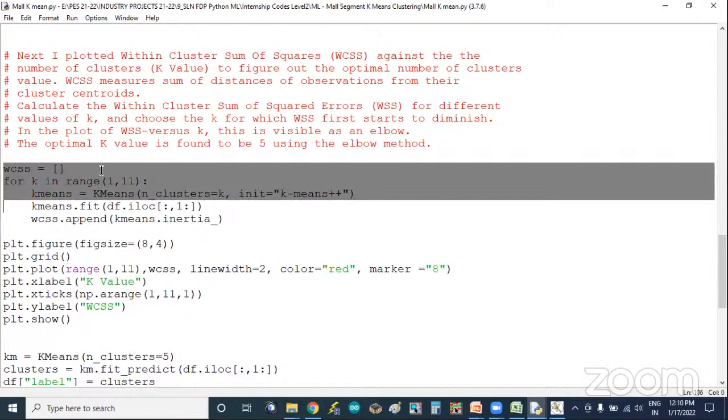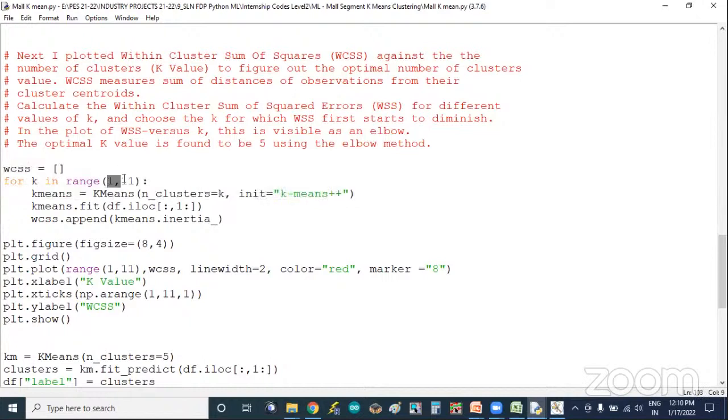So what I'm doing is we are taking a range of K values. We are assuming it can be from 1 to 11. That range of K values is checked with our data set now. Clear? You can see here the range of K values we are assuming can be from 1 to